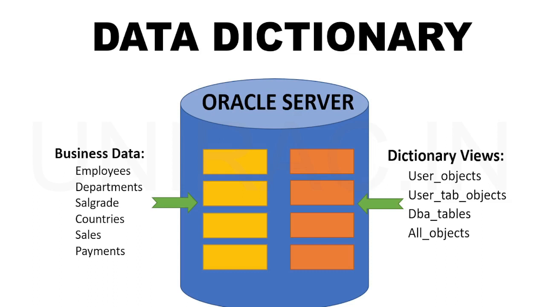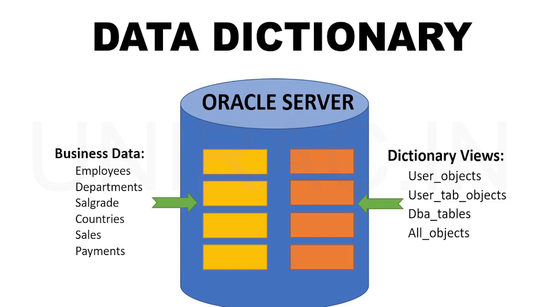Your business data can be updated by end users or the application designers. The tables can be altered and designed by application designers, and a number of tables can be stored as business data. So these are owned by the customer, the application designers, and the customers. Customer data is stored in this business data.